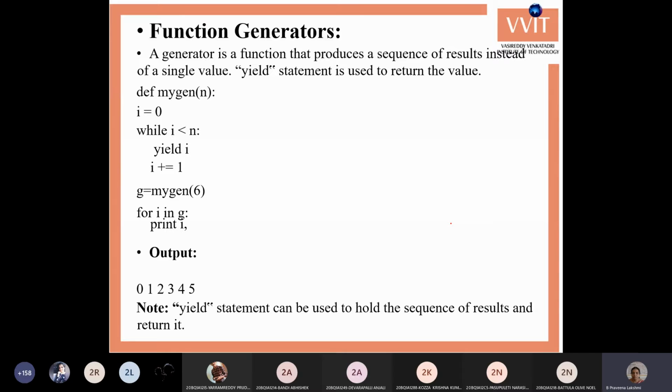For that, to make functions work as generators of numbers, just like the range function, if you want to create a function like a range function to generate numbers, we can use a special statement called yield.